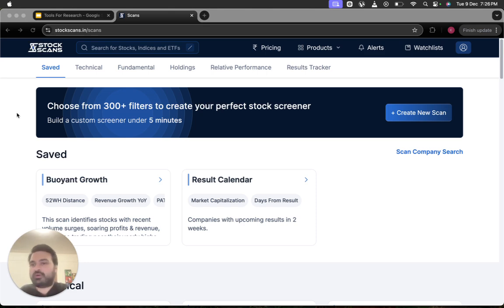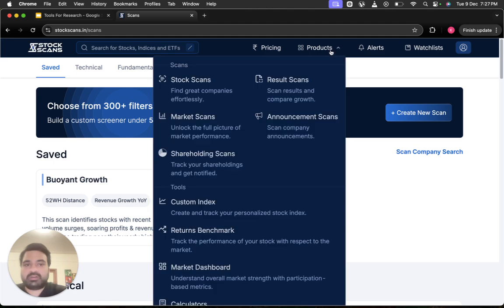The next tool we'll talk about is Stockscans. It's a relatively new product. It's from the house of SOIC, so it's made by the SOIC team. I will just do a very quick overview because Stockscans themselves have a very nice YouTube channel where Mr. Amit does weekly videos, and he's also done a bunch of videos on how to use the tool effectively and how to get the most out of it. I personally won't be able to do the justice that he has done, so I would suggest watching those videos to get an idea. But let me just tell you briefly what the website is and what it does.